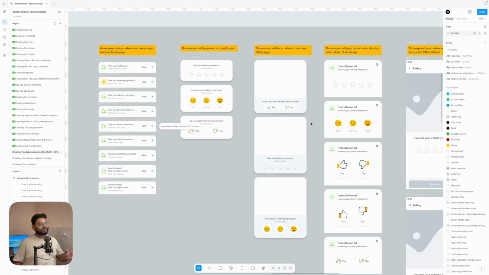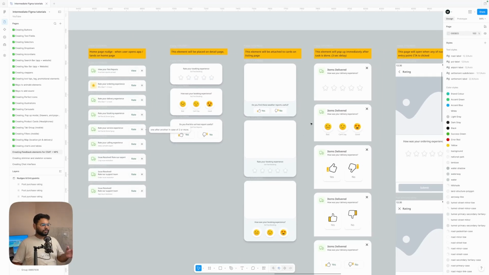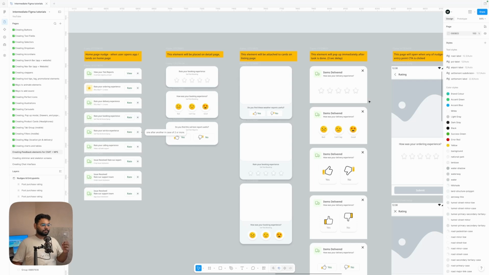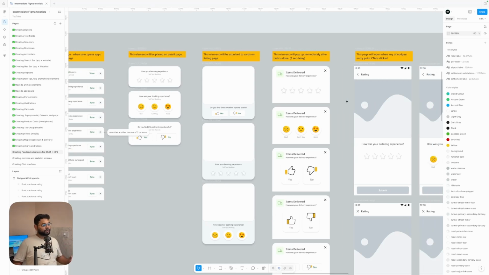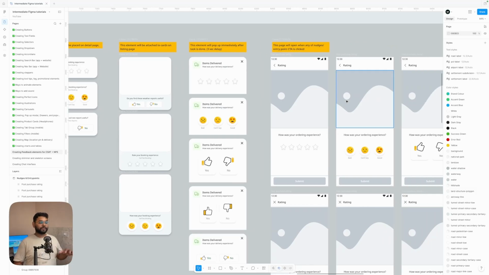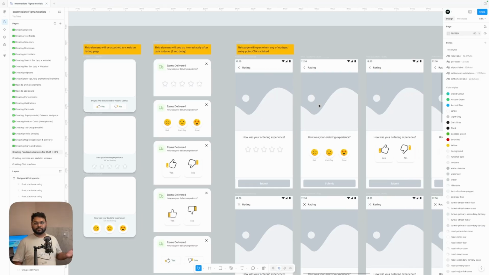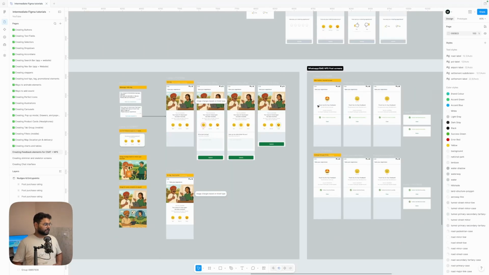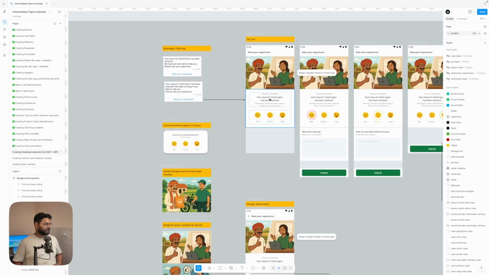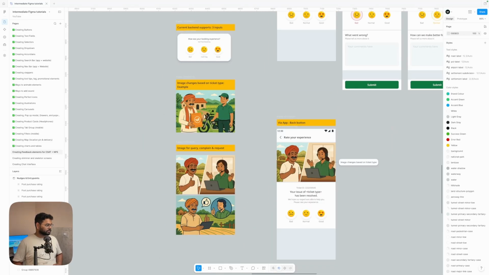And if any of these things are not convenient for you, you can use all these bottom drawers or pop-ups anywhere. Sometimes you might need a full page to emphasize more on the experience part and customize all these images based on what they are giving feedback of. So for example, let's say this is for order delivery,